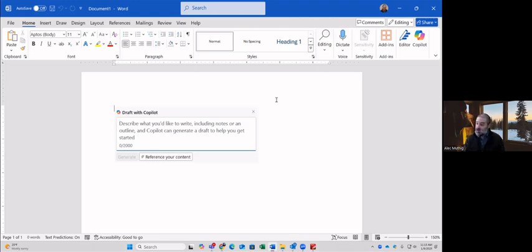For example, I was working with a group recently, and we wrote something about pig care, actually, how to take care of pigs. And it was a 4-H group. And they said, well, we didn't quite state that this was actually more for 12-year-olds. We need to write this at a different level. So I just added to the audience. I said, oh, write this for a 12-year-old. And it changed the tone of the same information, and it was perfect. So again, you have to designate all of these things in the prompt.